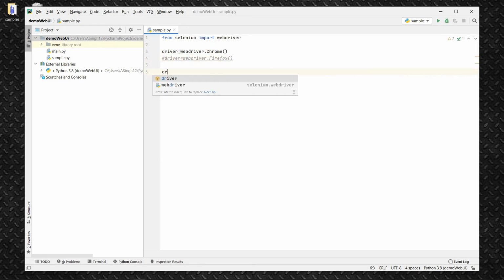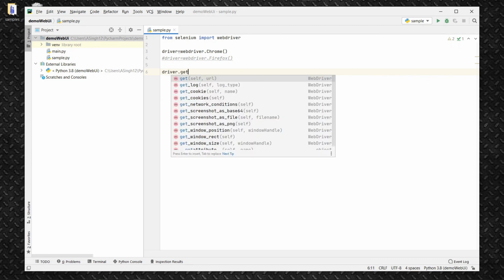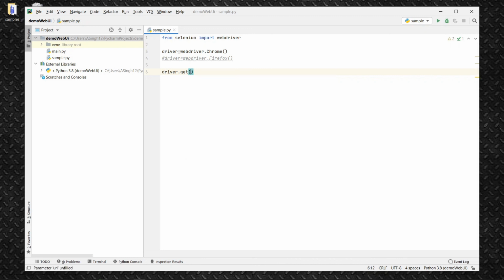Now let's say driver dot get, then there is self, then comma URL. So you can tell it which URL you want to go on to. So you can let it know the address, or let's say https colon www.google.com.